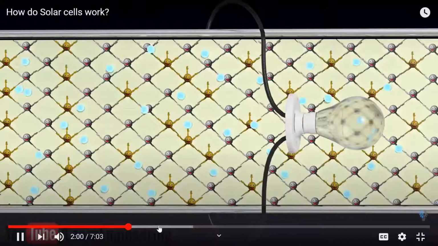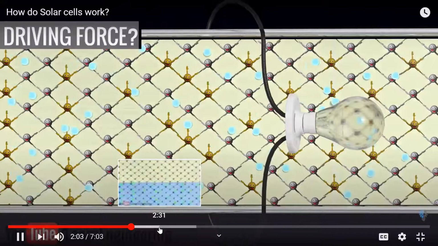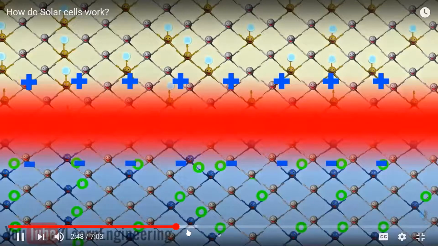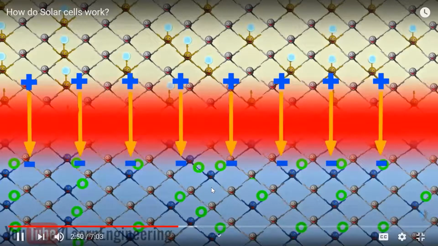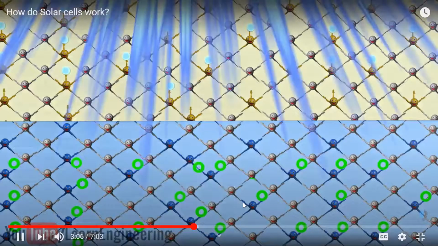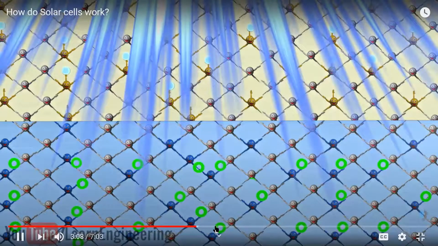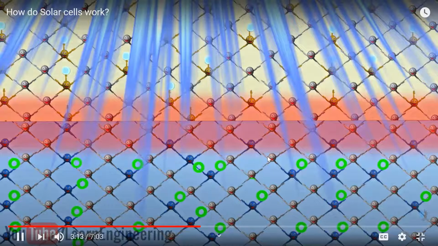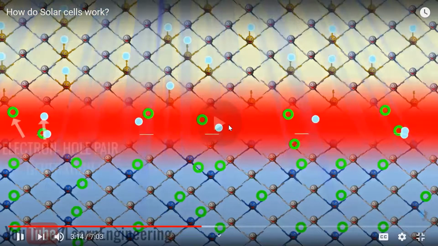Here is the electric field and what is happening in this electric field. The driving force, what driving force we are getting, where we have it, and how we are going to generate the electricity, he's trying to tell. I think EC triple students will be able to understand it very easily. With the audio, we can watch it. It will be very helpful. This is the simple molecular level explanation, where he goes in and also shows the functioning of the solar cell, so that you will understand from the base.